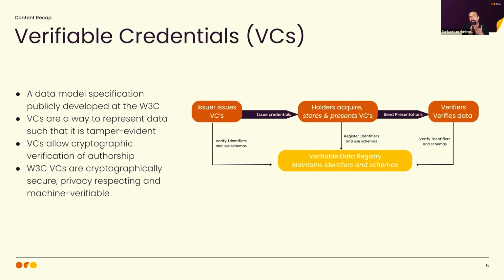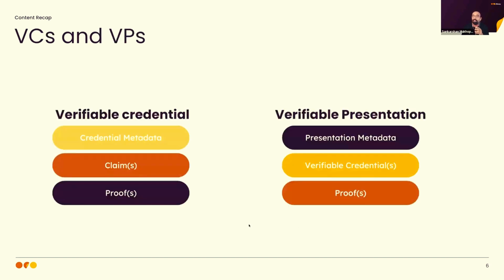The reason I introduced them as a verifiable data registry and then as a blockchain is because there are also implementations where other kinds of DLTs are used. Sometimes those are not blockchains. But nonetheless, blockchain-based verifiable data registries are fairly common. They're fairly well used, well understood, and they have been handling a reasonable volume of issued credentials over a period of time. Now, the question then becomes, what is a verifiable credential?